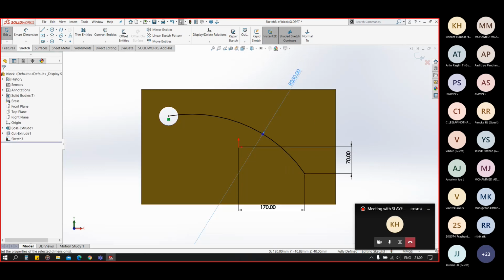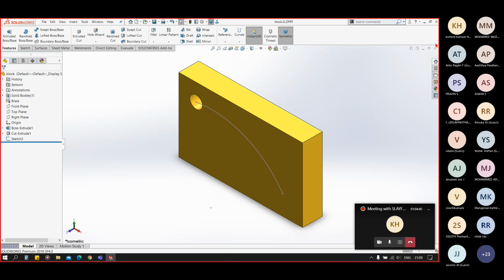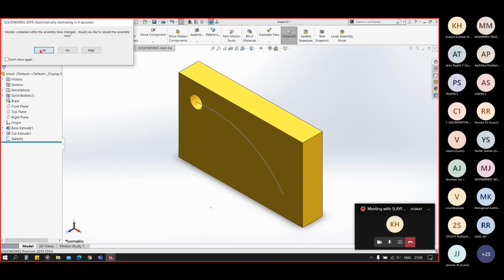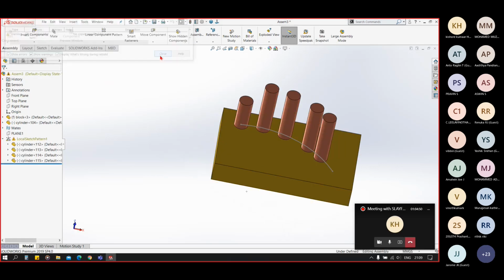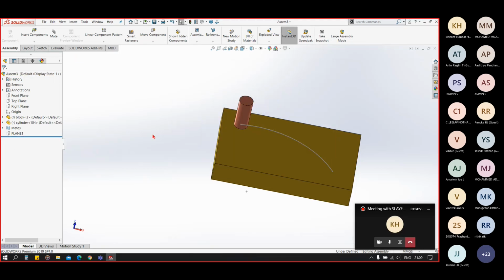So I have deleted all the points and just kept the sketch. Okay, so now saving this and coming back to the assembly, you can see it is giving me warnings because I have deleted those points.